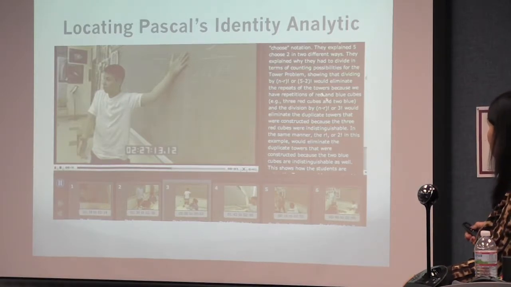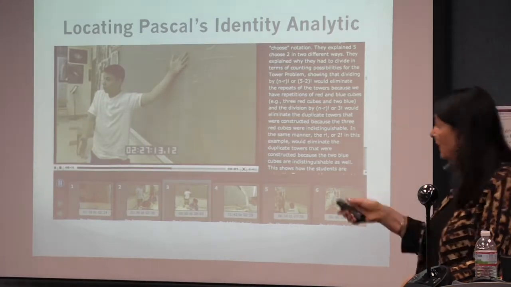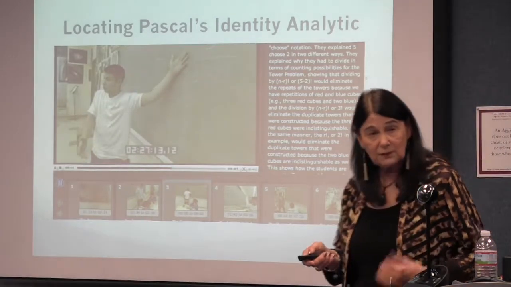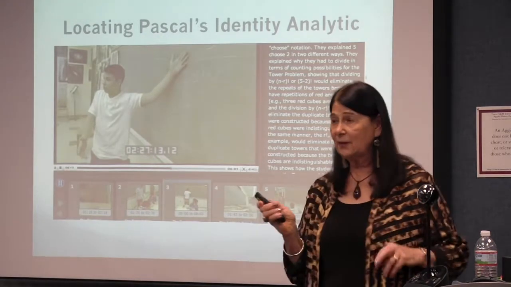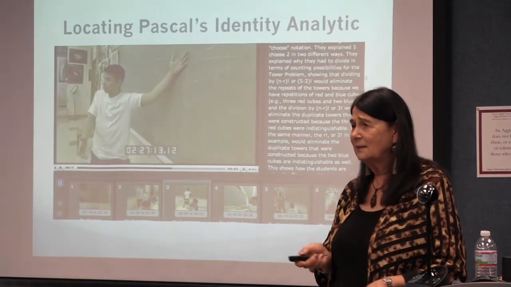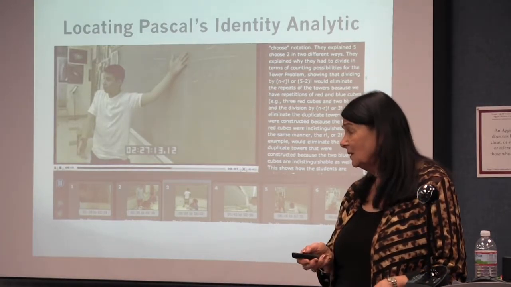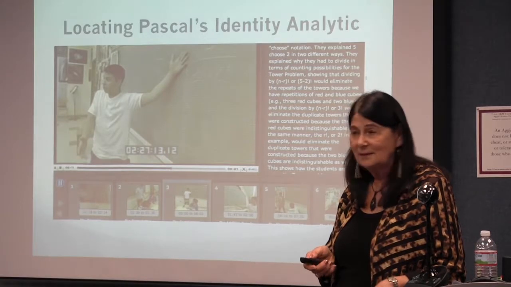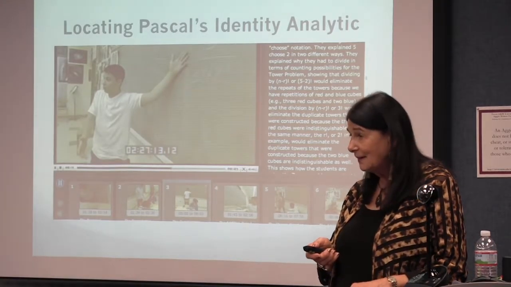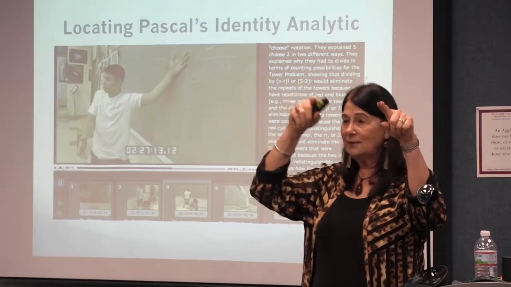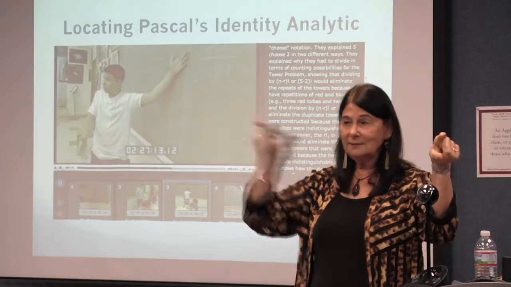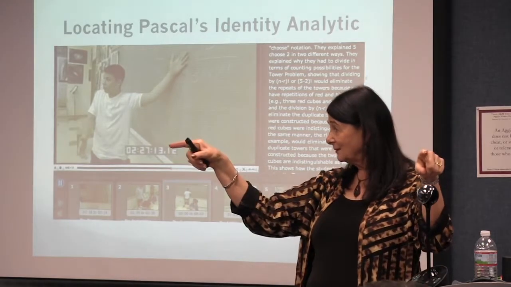It talks about the choose notation. It talks about the tower problem that the student referred to early on. And it goes on to describe the history that this particular student wants to describe to lead to the event of what's called locating Pascal's identity. Do you all know what Pascal's identity is? Good, yeah, the triangles. You know what that looks like? Have you ever seen the triangle? It starts with a 1, then you have 1, 2, 1, 1, 3, 3, 1. Does that sound familiar?